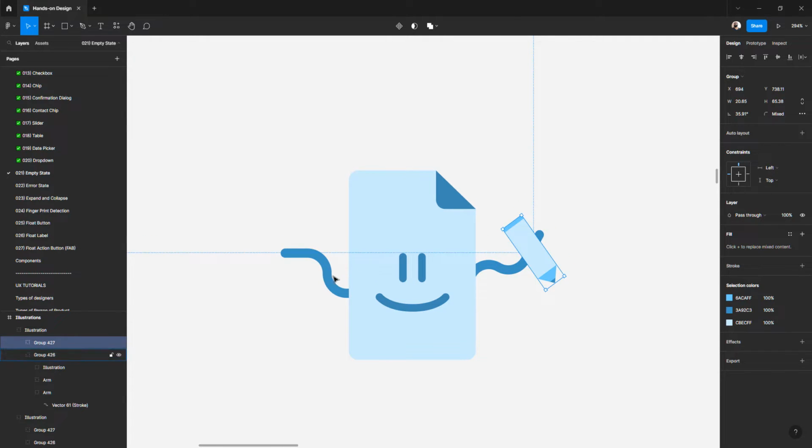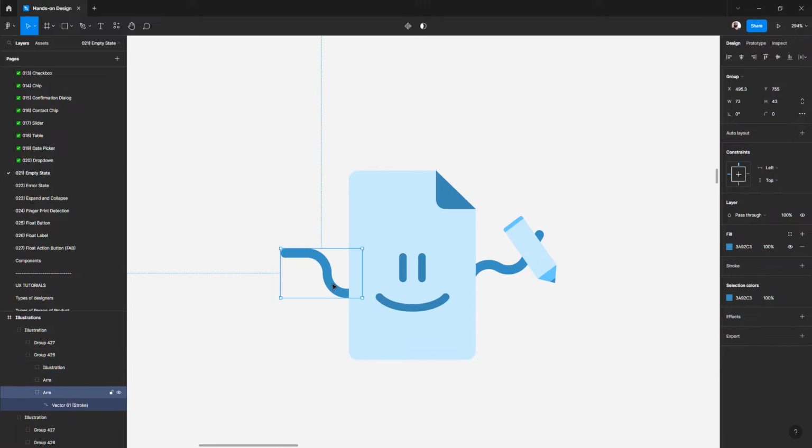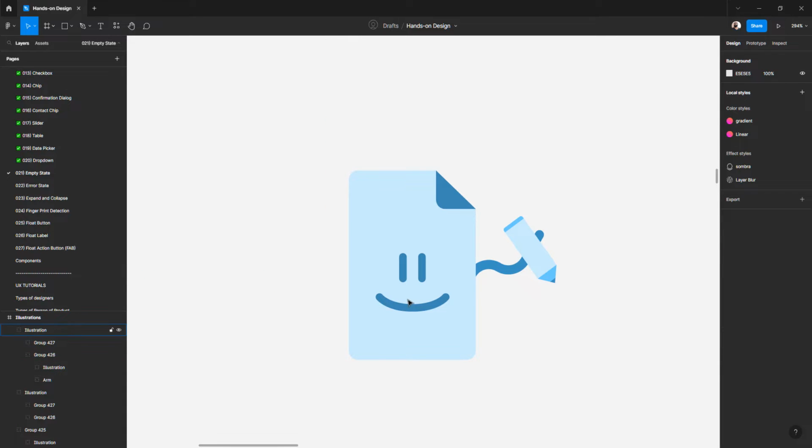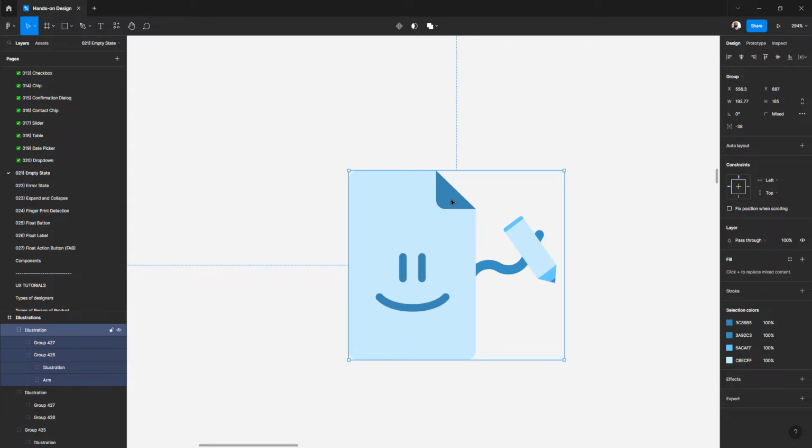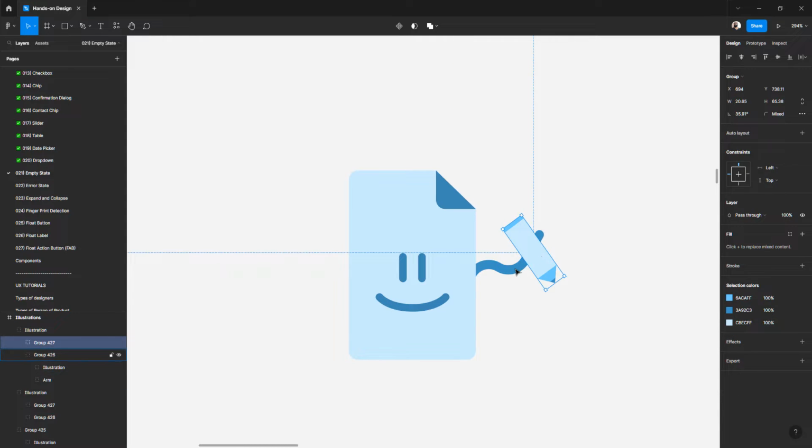And let's suppose that I just want to use one arm. But here we have this part and this part, so too much information in the right side. So in this case I recommend you